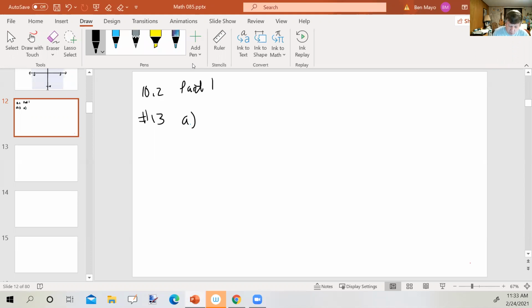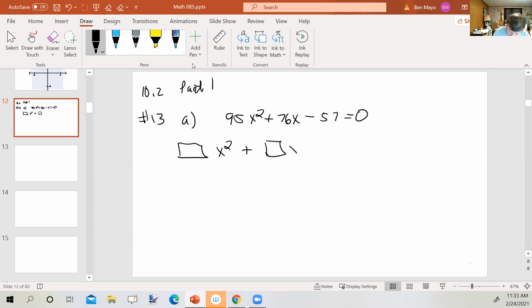Do not solve the equation. So our original equation is 95x squared plus 76x minus 57 equals 0. And what they've got is a box, then x squared plus a box times x minus 3